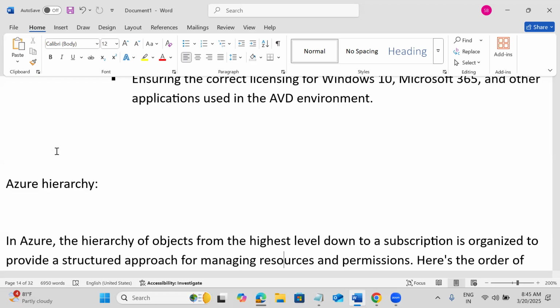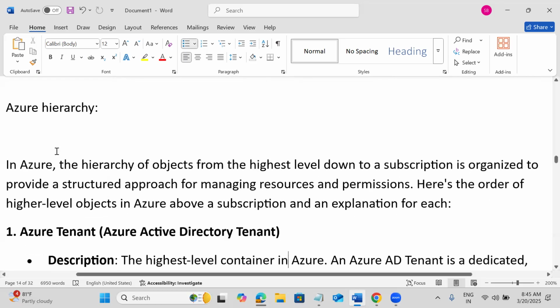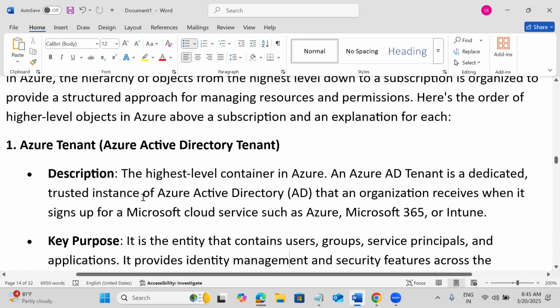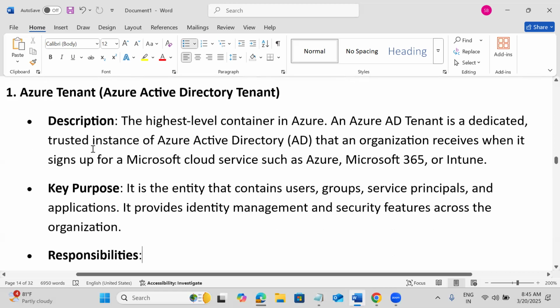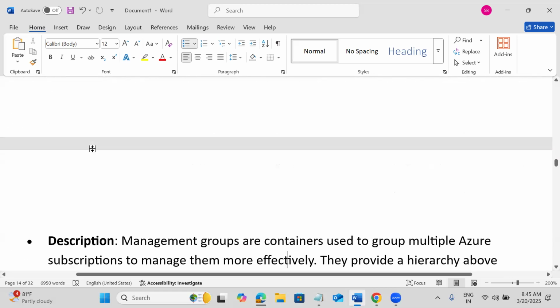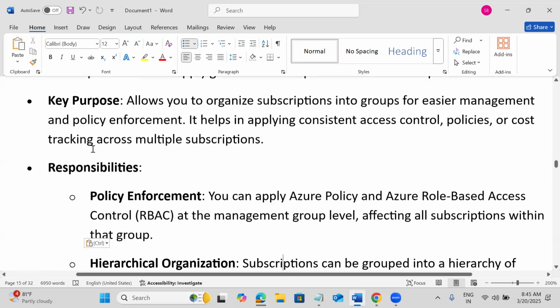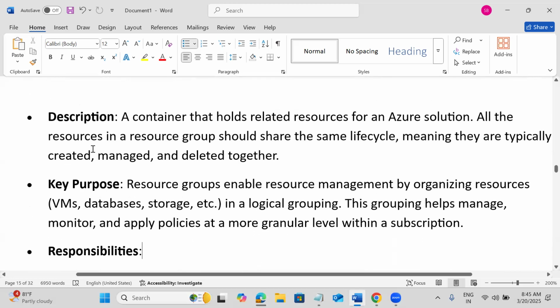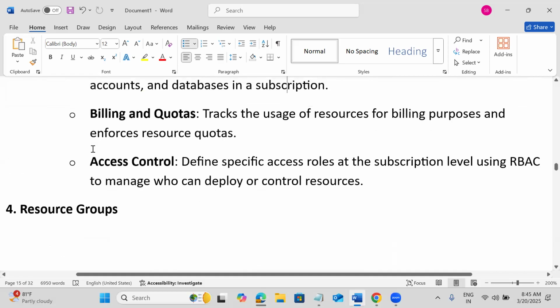Okay, so coming to the hierarchy of the Azure resources. Now we need to create one Azure account, right? In that the highest level is the Azure AD tenant. So now we have four things. One is the Azure AD tenant, then management groups, then subscriptions, and below the subscriptions we have the resource groups. In the resource groups, we have the resources.